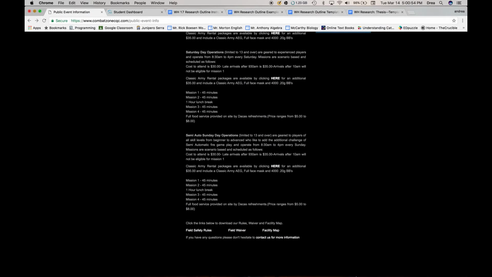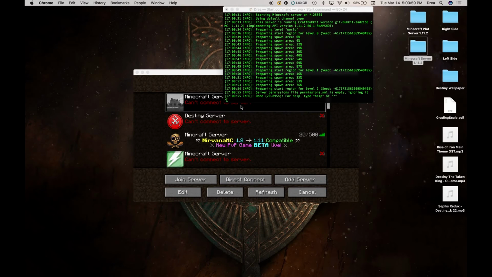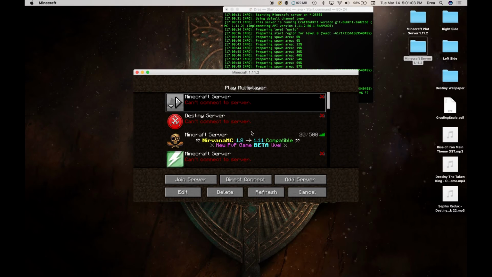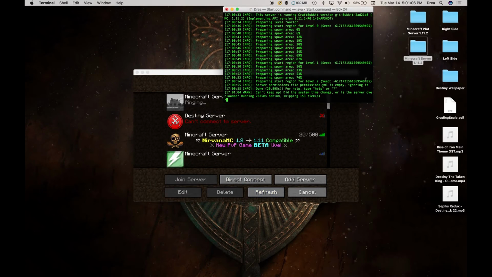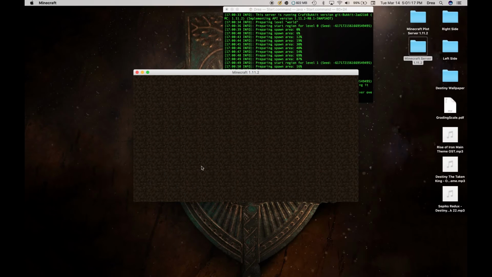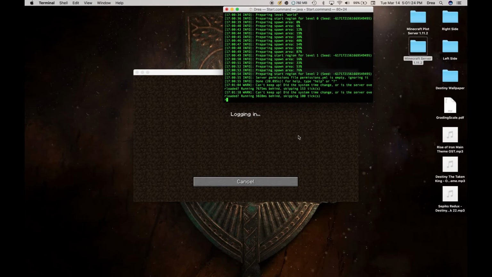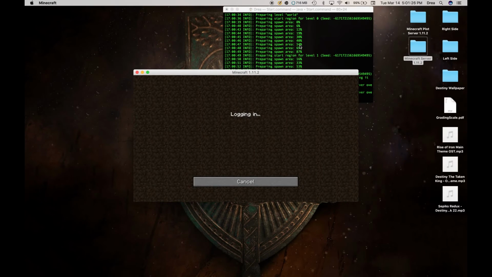Takes forever. Let's close that. Less lag. Okay, so now it says done finally, so we can refresh. And hopefully it doesn't shut down before we get on it. But as you can see, it works. Well, once we join it, we'll say it works. And keep in mind, we are using the Hamachi. So you just type it in, 25565, open it up, and hopefully, if we don't lag hard enough,